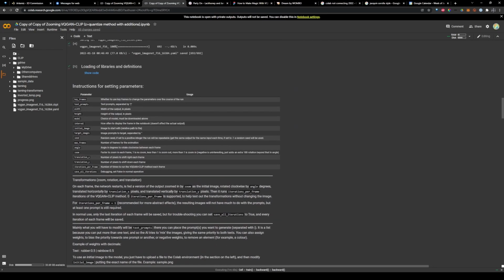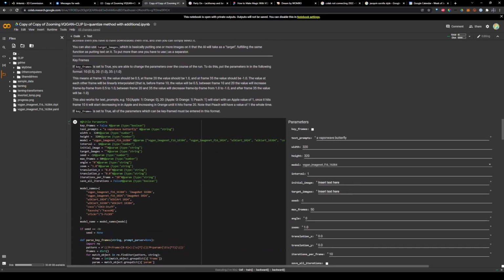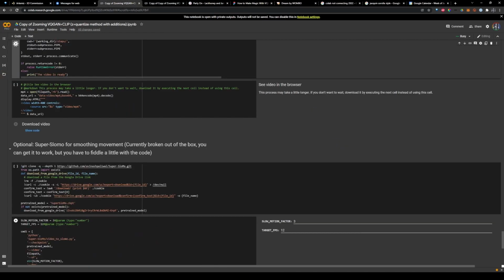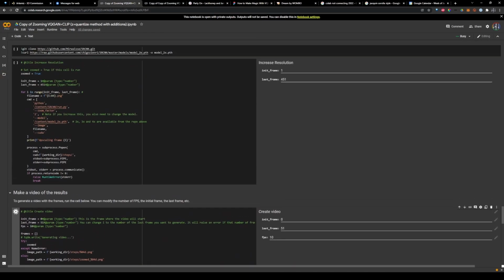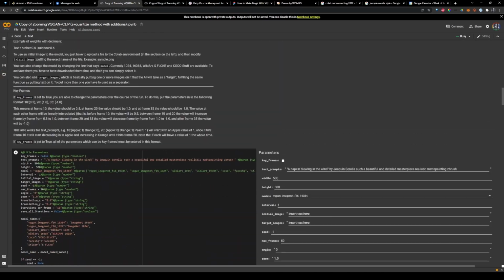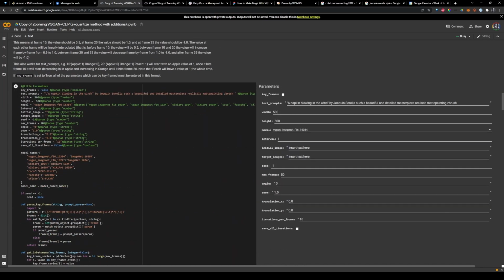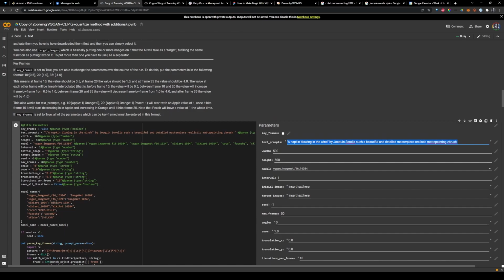So, vaporwave butterfly, it's pretty light. Another thing that you can do here, and I'll do it on a different one so that we don't mess this one up, is a more advanced thing, but you can actually tell it, like I was saying earlier, you can weight certain prompts so that it focuses a little bit more on one thing versus another. So the way that you do that is